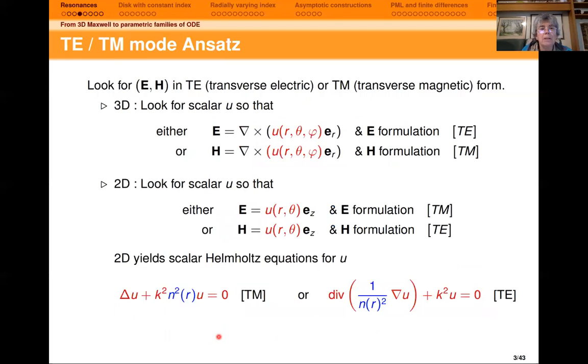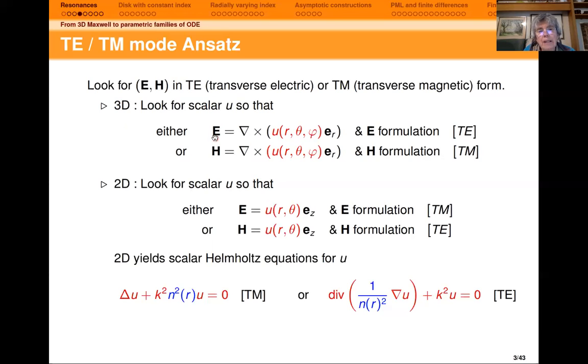So now we have some ansatz. I don't pretend that from the 3D we will have everything. But what we are interested in, it's possible that we cannot find anything else, but it's not my purpose. So I take that as an ansatz. In 3D we look either